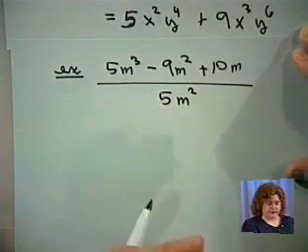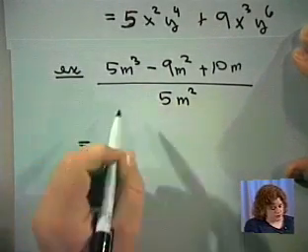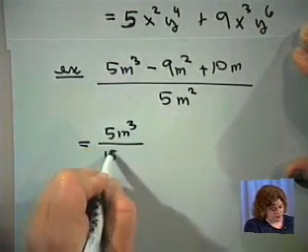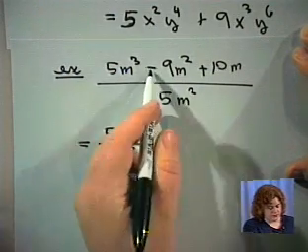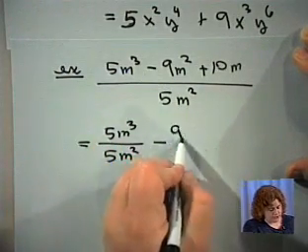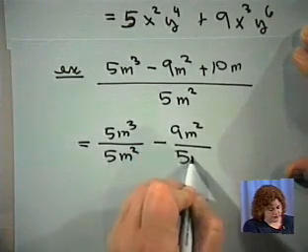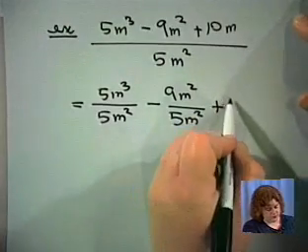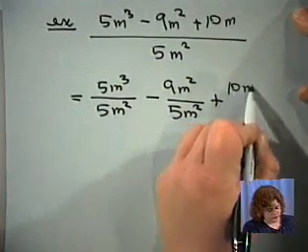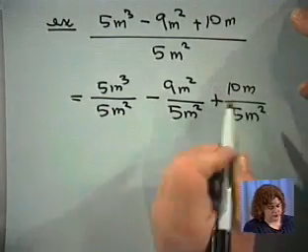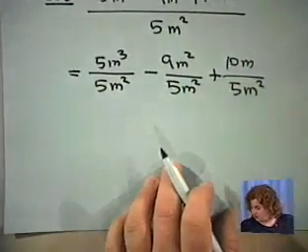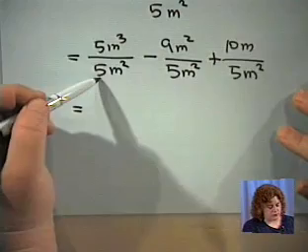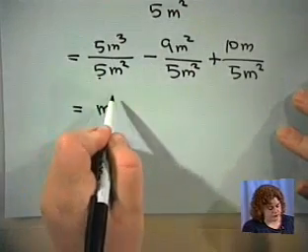Again, we're just going to break this up into pieces. So taking the first piece, 5m cubed divided by 5m squared. Well, minding our signs, we'll have a 9m squared divided by 5m squared, and then plus 10m divided by 5m squared. Now we'll apply our quotient rule and clean up the coefficients as best we can. 5s are going to go away. We'll have m raised to the power 3 minus 2